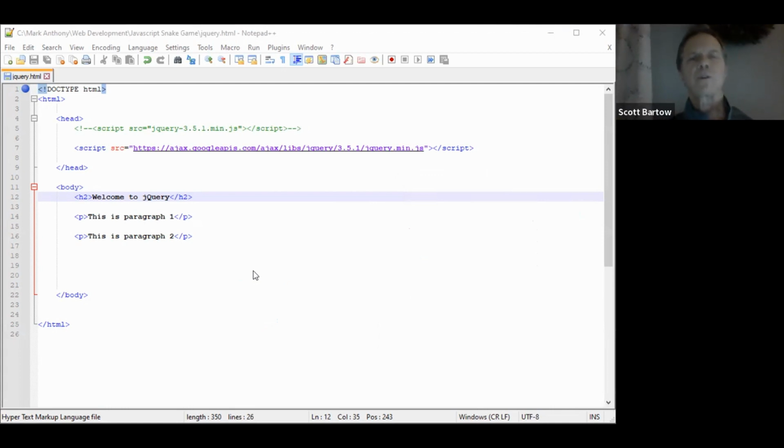I recommend that you use Chrome for this class, not Firefox or IE. So you can see my basic web page. I've got Welcome to jQuery. That's my heading 2. And then my paragraphs are, this is paragraph 1, this is paragraph 2. All right. Okay, so let's get back to,